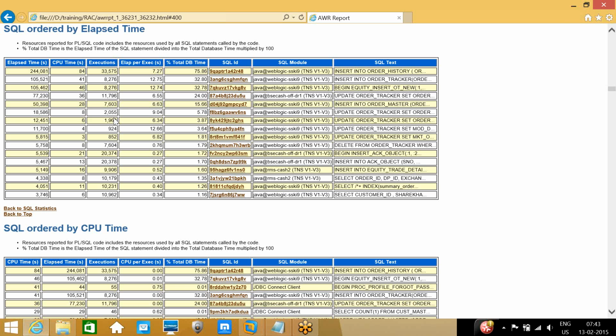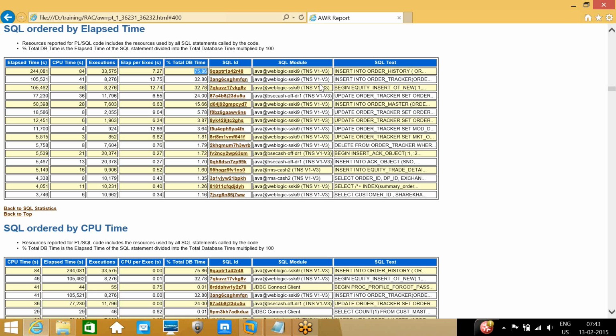One SQL is taking more elapsed time, 244,081 seconds. It is using 84 seconds of CPU, and the executions are also more, 33,000. For each execution it is taking 7.27, and the total DB time is 75.